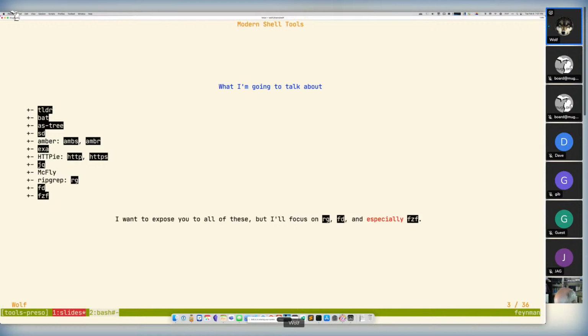I want you to see all of these. I want to introduce them to you because some of them are going to make you happy. But fzf is short for fuzzy finder, by the way. But I'm going to specifically focus on the last three: ripgrep, fd, and fzf, especially